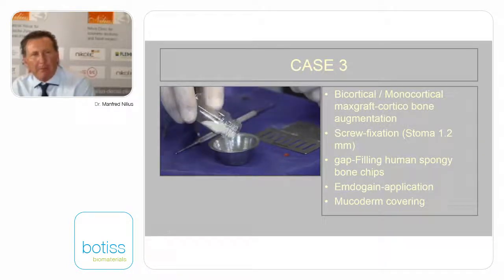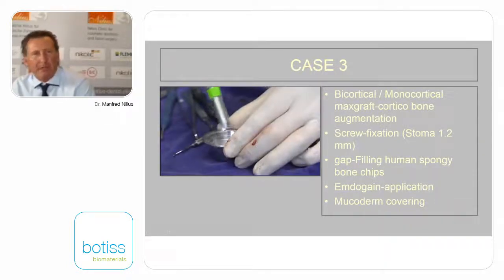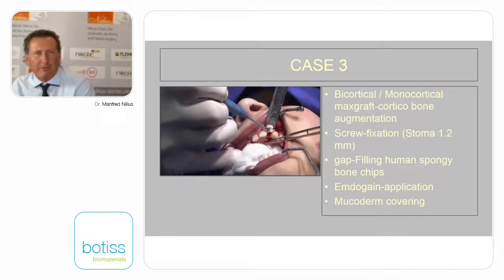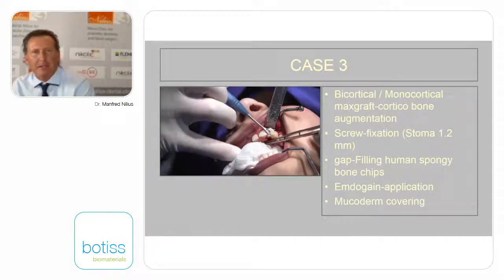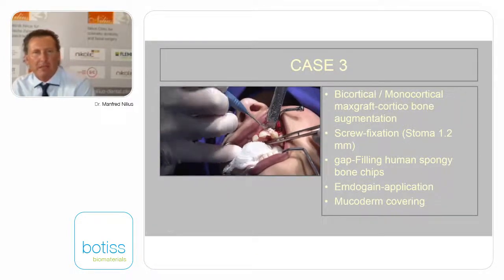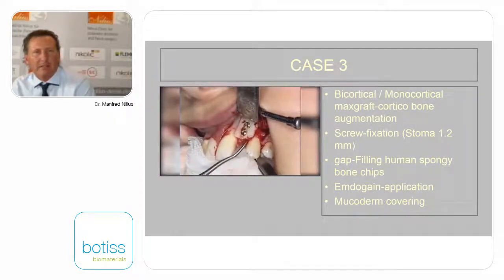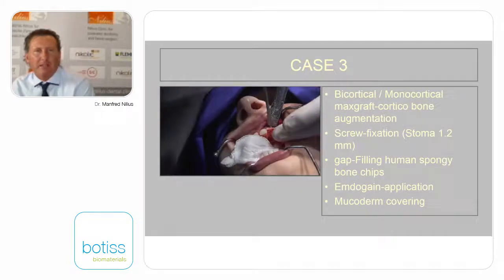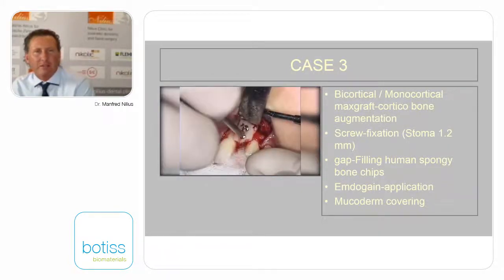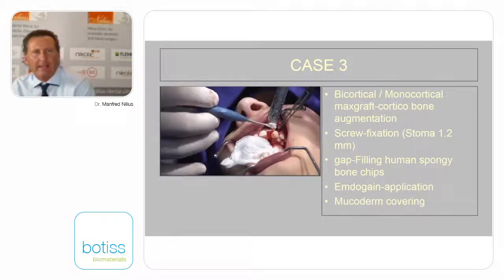You can buy it as well. Normally it's a package when you have max graft cortical. You can buy it from botiss and you fill it up. Sometimes we mix it with PRGF, but in this special case we made venous blood. You have to fix it very well, and one screw again, and